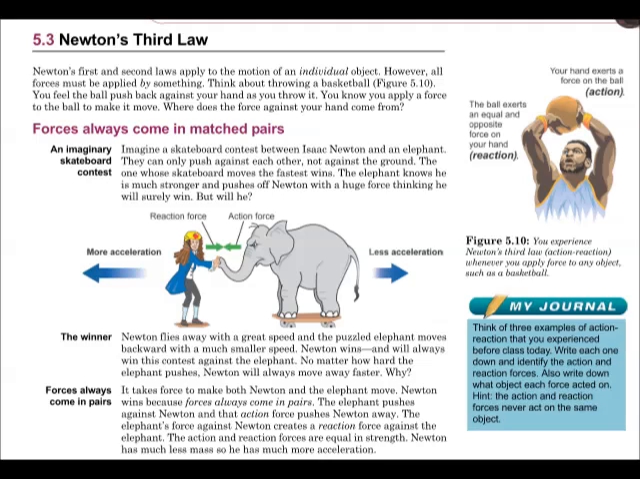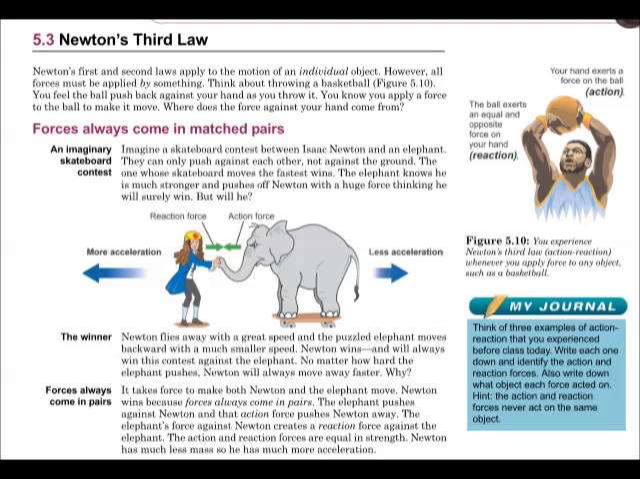Forces always come in matched pairs. Imagine a skateboard contest between Isaac Newton and an elephant. They can only push against each other, not against the ground. The one whose skateboard moves the fastest wins. The elephant knows he is much stronger and pushes off Newton with a huge force, thinking he will surely win. But will he? Newton flies away with a great speed, and the puzzled elephant moves backward with a much smaller